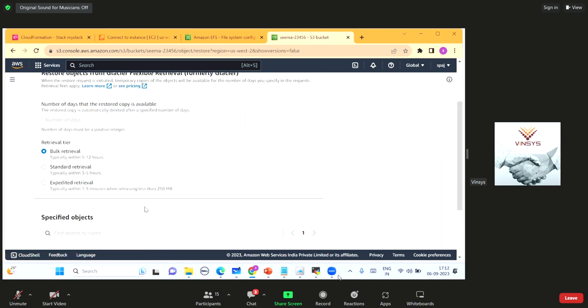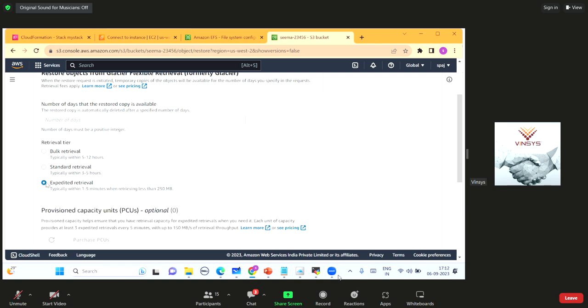And when I initiate the restore, I get three options. Whether I want to go for bulk retrieval, which takes a minimum of 5 to 12 hours, but it is very cost effective. Second option is standard retrieval. It is going to take 3 to 5 hours for retrieval. Again, a little bit less costly as compared to the expedited one. But if I go for this expedited retrieval, my data will typically be available within 1 to 5 minutes when retrieving the data which is less than